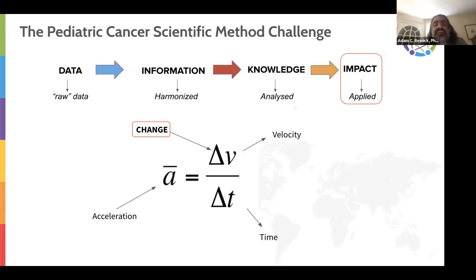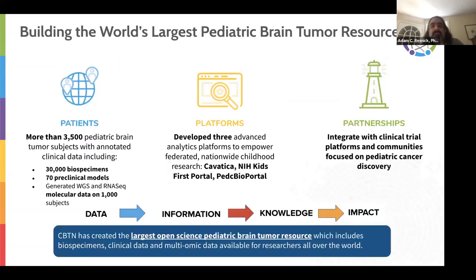And here I just have the equation for acceleration. I always remind myself that if you want to accelerate, by definition, here, Newtonian, you actually have to drive change or change the velocity across the time. And critically, time is the variable that in the translational context, if we want to have meaningful impact on patients, we have to optimize for. So the question ends up being, how do we drive this impact in the shortest amount of time with limited local resources? And so this is where the birth of the Pediatric Brain Tumor Resource and Atlas Initiative really began